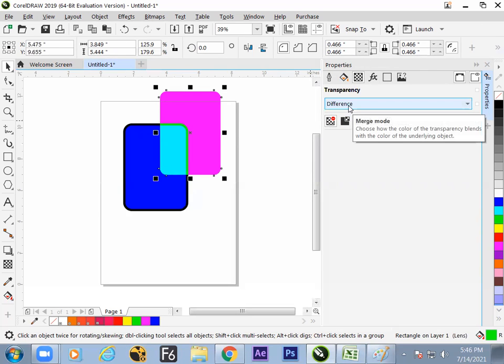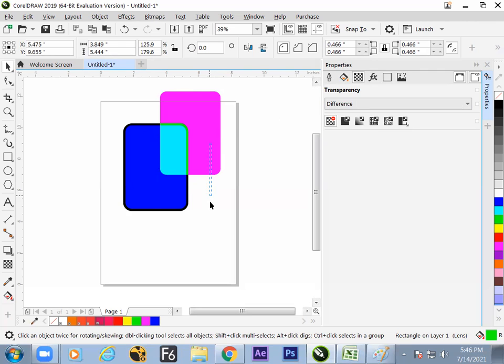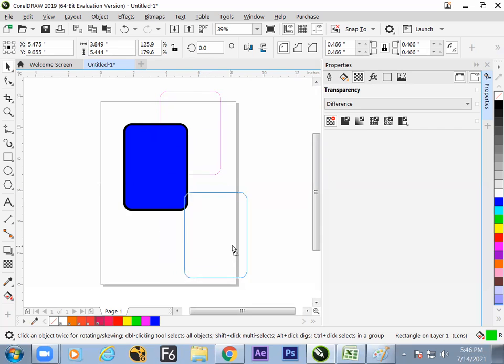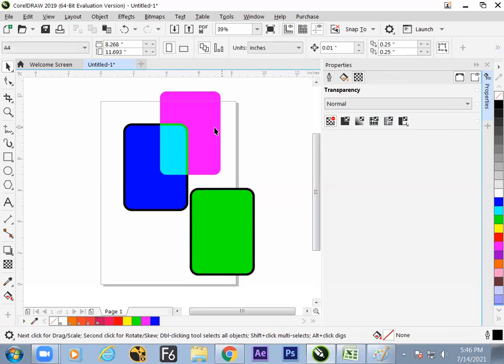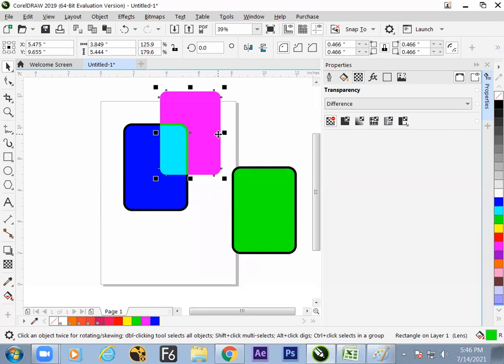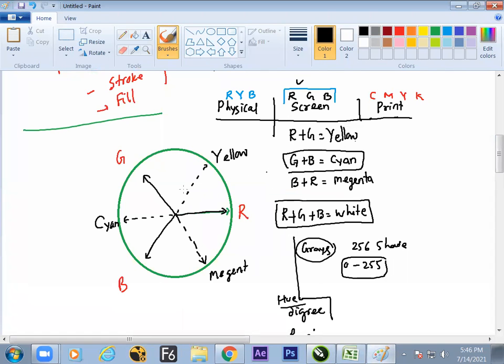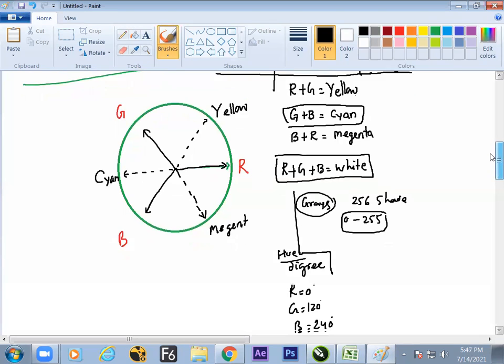Difference mode. So check the screen. What does the difference mode do? What happened inside the screen? Before it was which color? Before it was green color. Am I right? And in the normal, it is green. But inside the difference mode, what happened? It turned into which color? Magenta. Check the screen. Color theory: green turns into magenta, the complement color. Yellow will turn into blue color. Red will turn into cyan color in difference mode.